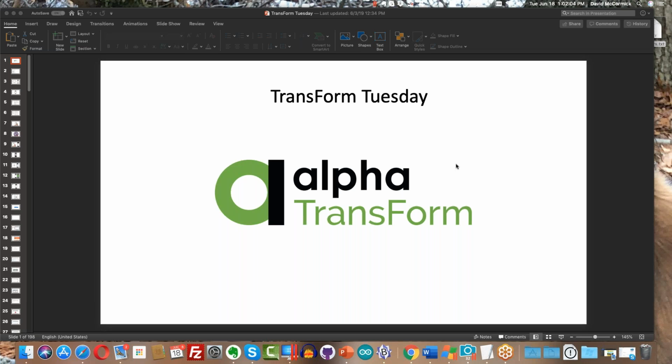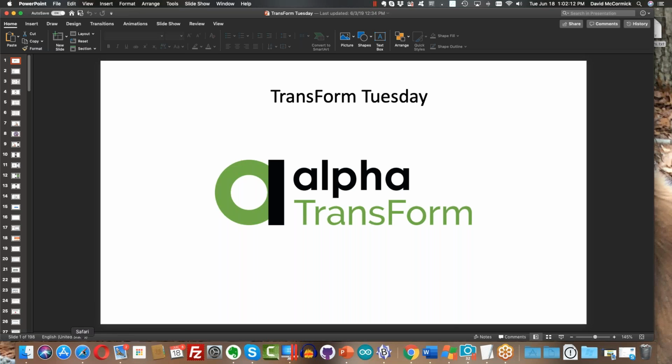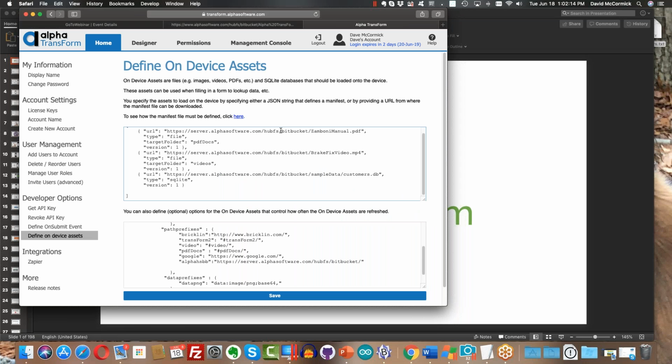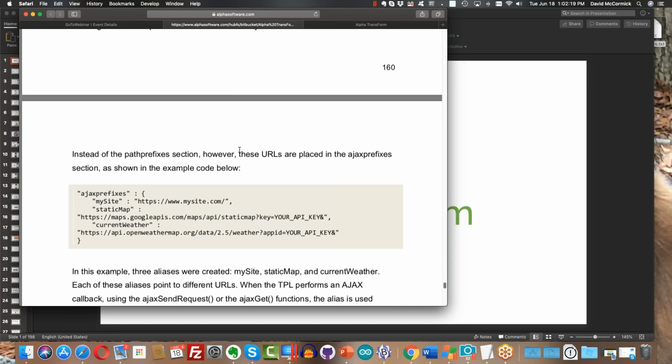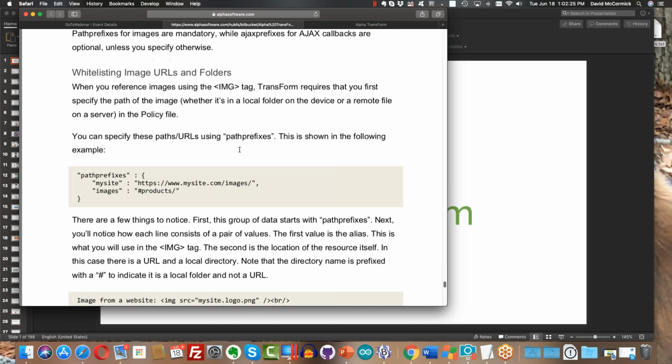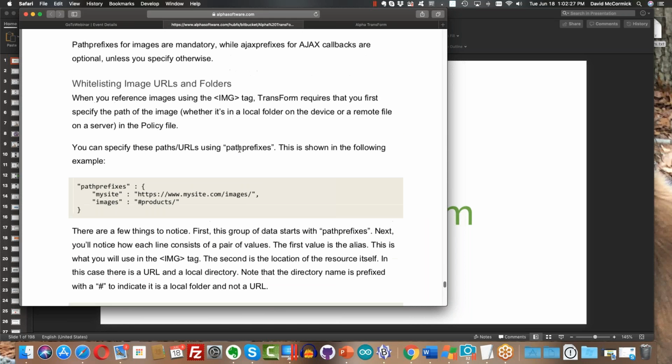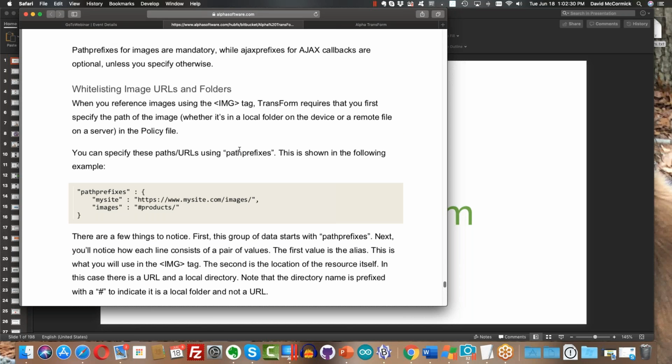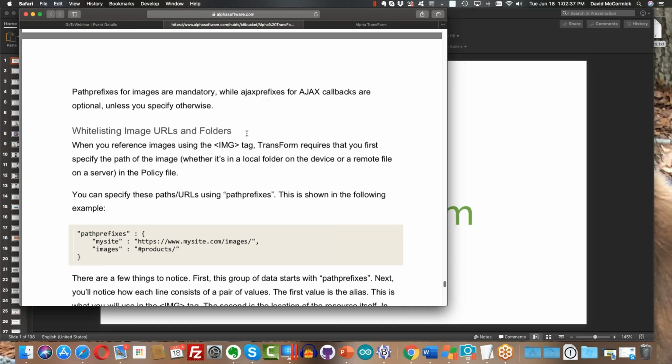And I wanted to go over one small portion of that today. Let me jump into that document. It has to do with the on-device assets. We get a lot of questions about how to load them on, but also how to refer to the assets in TPL code, in image tags, in fields and if expressions, and so on in TransForm. And the problem that some people run into is that while they do load the assets